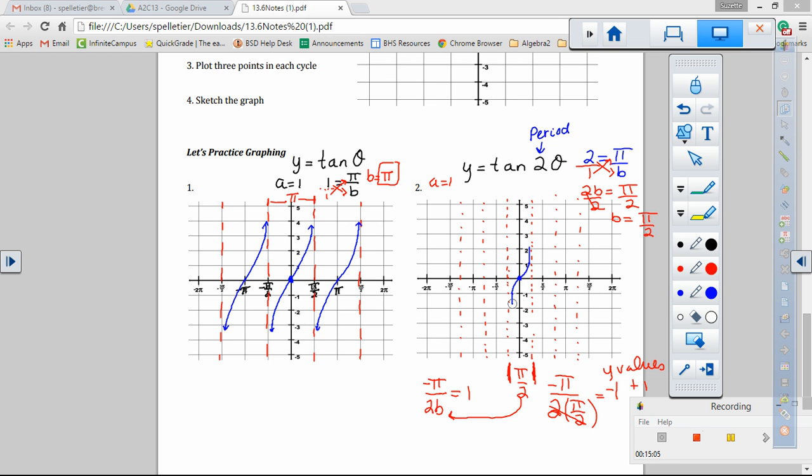So the closer the turns are, the more squished down the actual function is, and the further away they are, the straighter they are. You can notice the one on the left, they look a little more straight, and the one on the right, they look a little more squished down, right? So here I'm going to go up one, across the middle, down one. Okay? Here I'm going to go up one, across the middle,